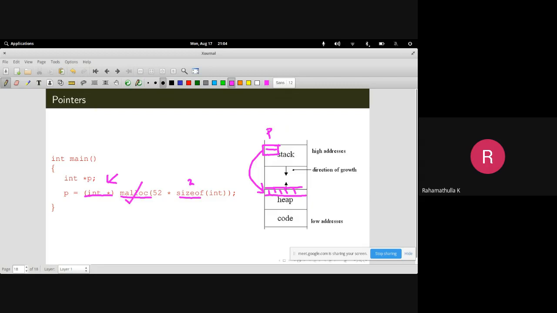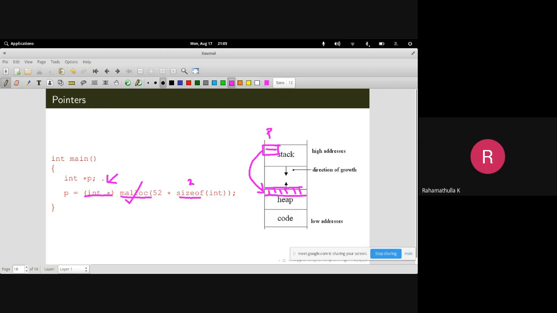So this is how you utilize the space in the heap, or this is how you dynamically allocate memory. It is another way of creating an array. Instead of creating a static array in your stack section, you have simply created an array of 52 elements dynamically.